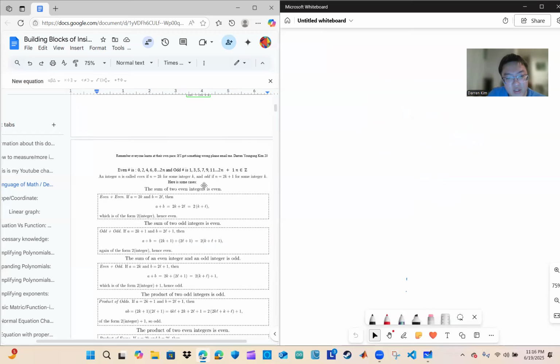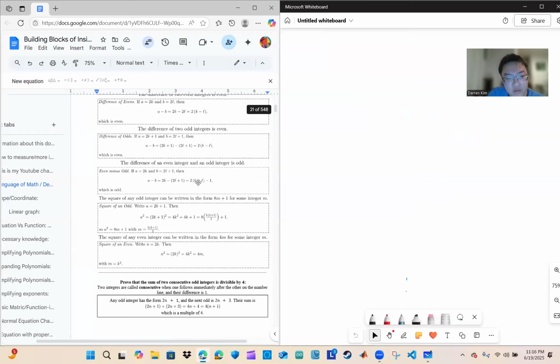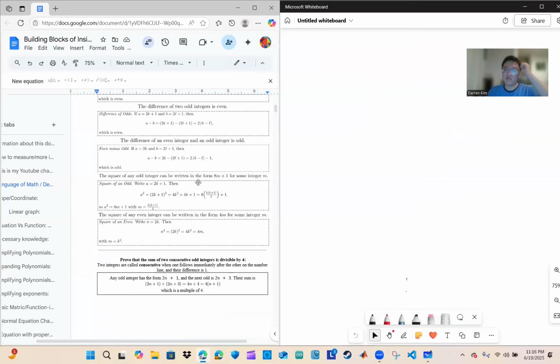Basically, here are some cases that you can think of, but less proof, more like yes, it's proof, but you already know this. If you check out even numbers, if you play around with them long enough, the last two maybe not, but you get the point. So here's the thing about the last two. If you play with even numbers, as a lot of people do when they're kids,